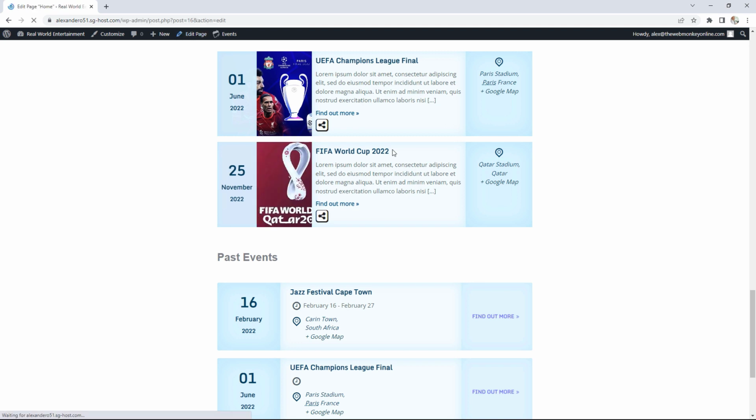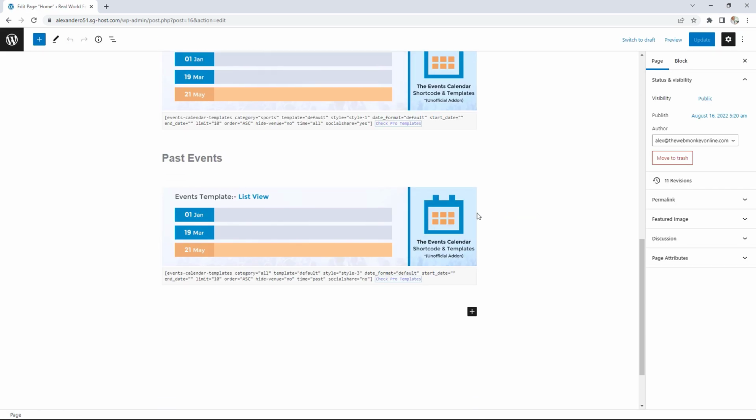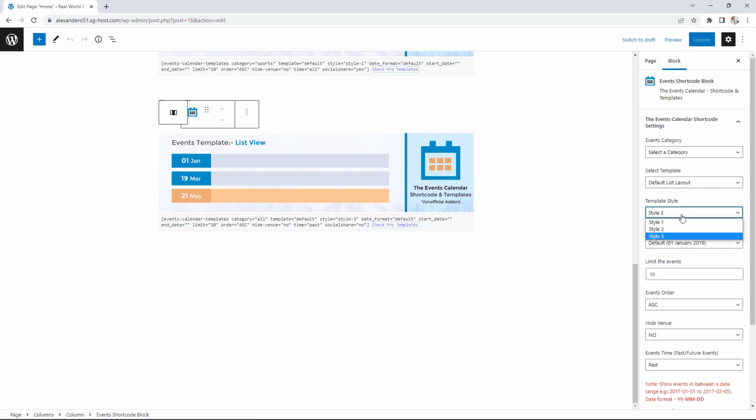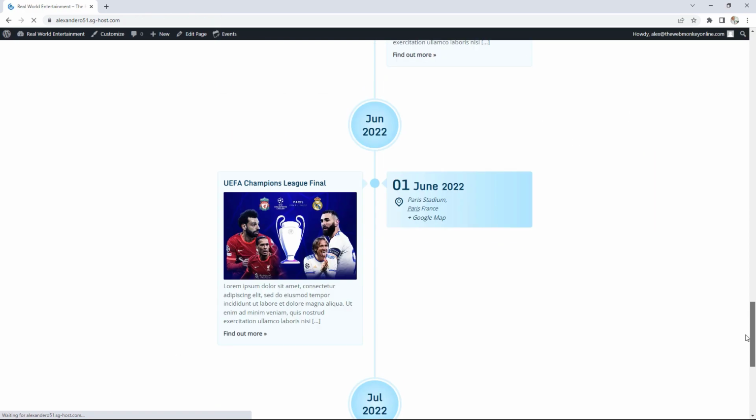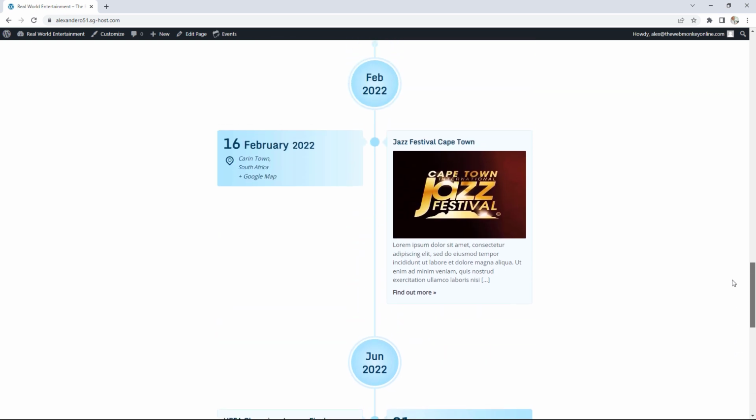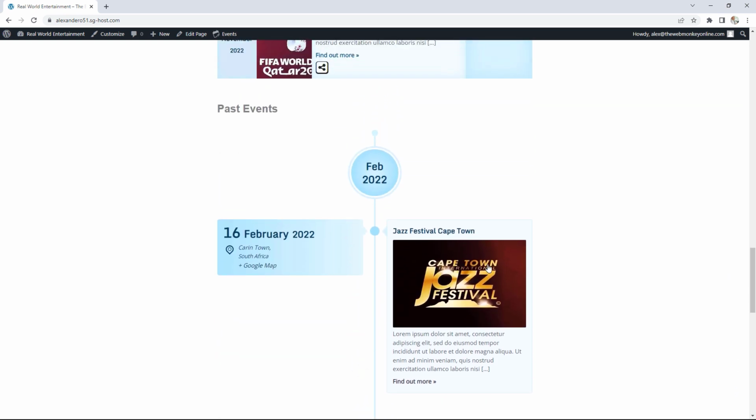I don't think I like that. Let's change that back to style 1. Go back in here. Style 1. Or rather, let's try this one, okay? For the template, let's go with the timeline layout, maybe. All right, let's update. View the page. Scroll down here. And this is kind of like the timeline for the past events, which